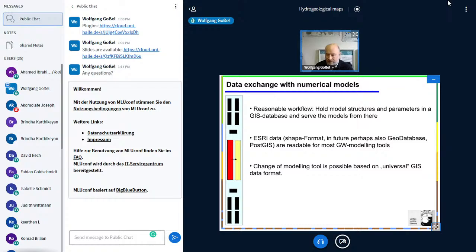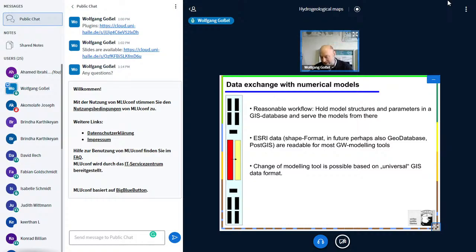The other advantage is that you can also switch from one numerical tool to another. If you have all your input data in a GIS, in GIS data formats, in shapefiles, in raster data formats, then you can switch from, for instance, FEFLOW to ModFlow, or the other way around. It is also then a little bit of work, but it is not impossible. If you take just FEFLOW data and you want to go to ModFlow, oh, this doesn't work. Yeah, it will. You have to write a lot of interfaces to transfer data. But if you have it in GIS, then you can say, okay,